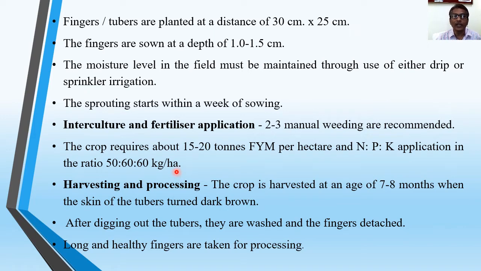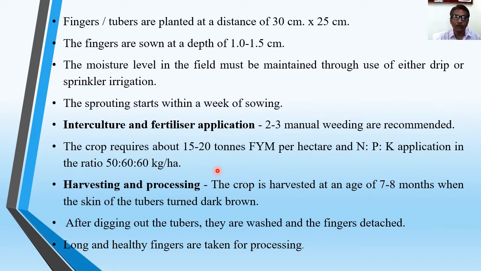Then interculture and fertilizer application. 2 to 3 manual weedings are recommended. The crop requires about 15 to 20 tons of farmyard manure per hectare. The NPK application in the ratio of 50-60-60 kg per hectare. About the harvesting and the processing: the crop is harvested at an age of 7 to